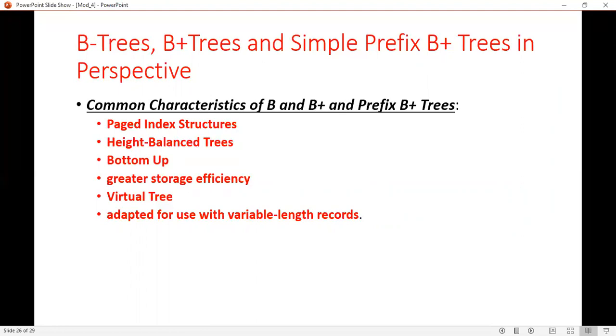All these trees can be implemented with the virtual tree concept, and it is adapted for use with variable length records. That means the length of the records doesn't matter in creating these types of B trees.